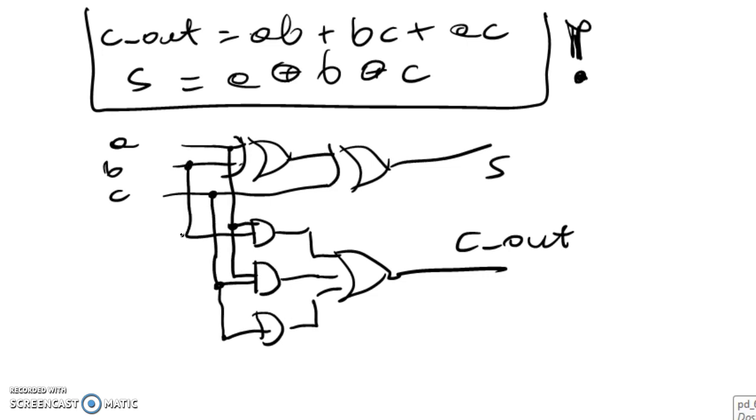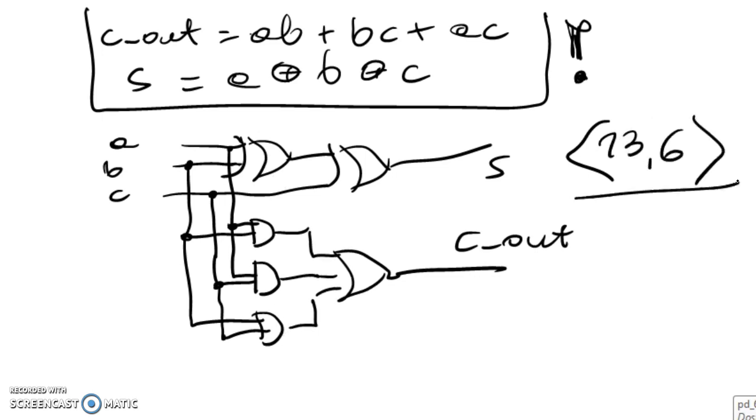So the cost factor is how many inputs are there in the system? 1, 2, 3, 4, 5, 6, 7, 8, 9, 10, 11, 12, 13. So there's 13. How many gates? 1, 2, 3, 4, 5, 6. 13, 6 is the cost factor of the full adder cell. And what else? You can construct